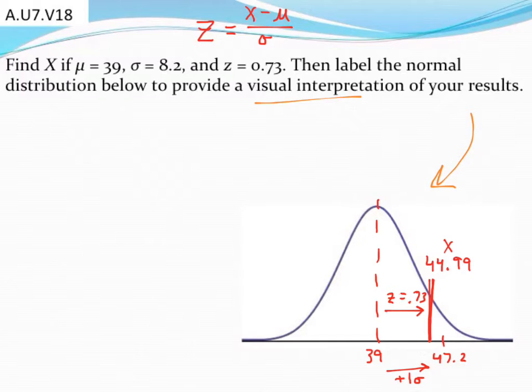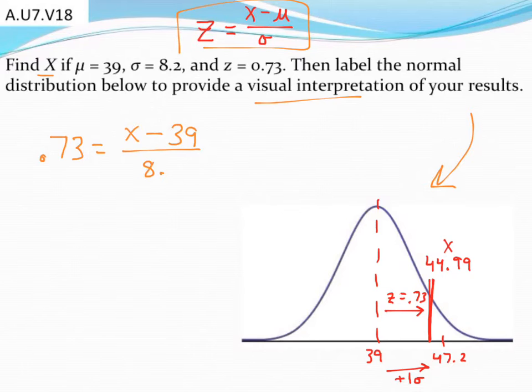So instead, let's just go ahead and use our z-score formula up here, this time to find our missing x values. As long as you have your formula, nothing too tricky about this part of the problem. So I'm going to plug in the values I have. My z-score is 0.73. x is what I'm trying to find. I know mu, my average, my mean is 39, and then sigma,